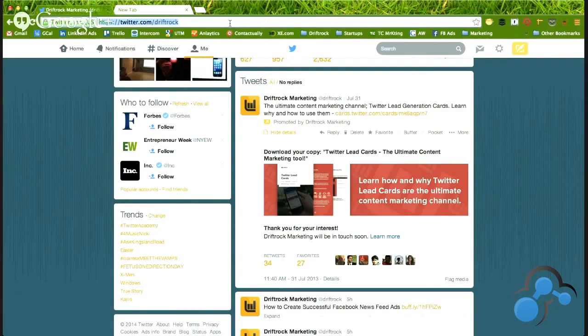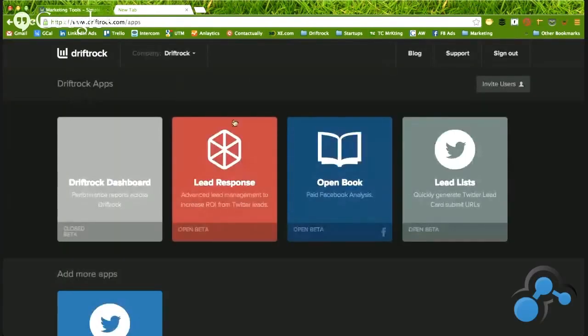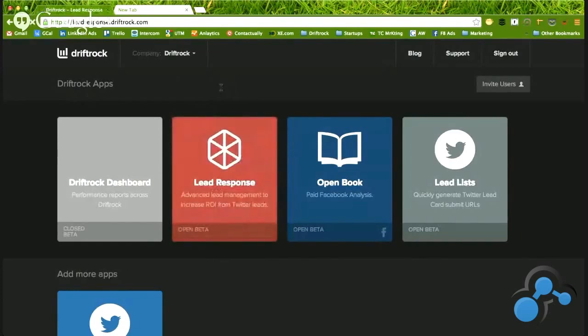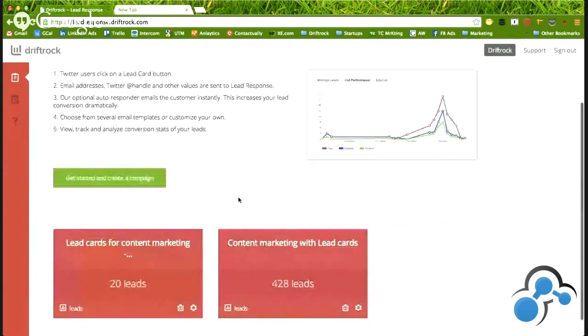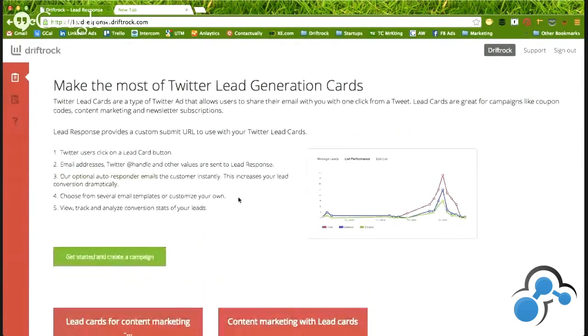Cool. So the first thing we want to do is set up an endpoint for sending those leads to. We're going to do that with lead response. So let's just fire up GIFROC. Lead response is one of the apps on GIFROC, and once you've installed it, you can just start using it. The whole idea is that it's a really simple wizard-based approach. What we're going to do now is create a destination for all these leads to go through